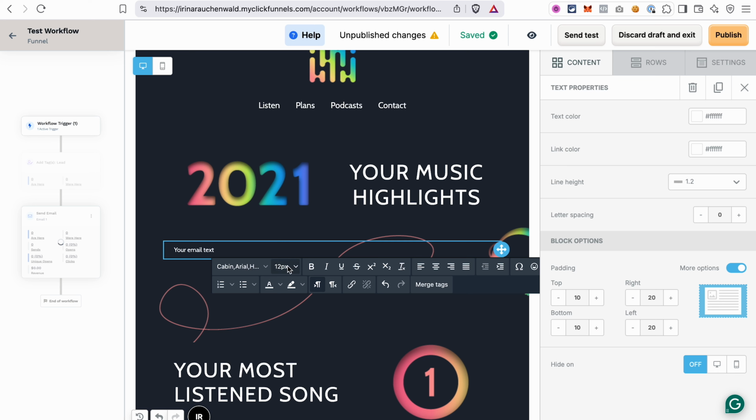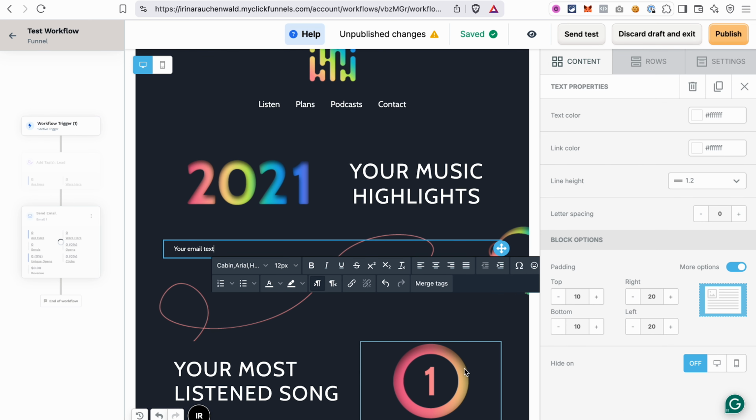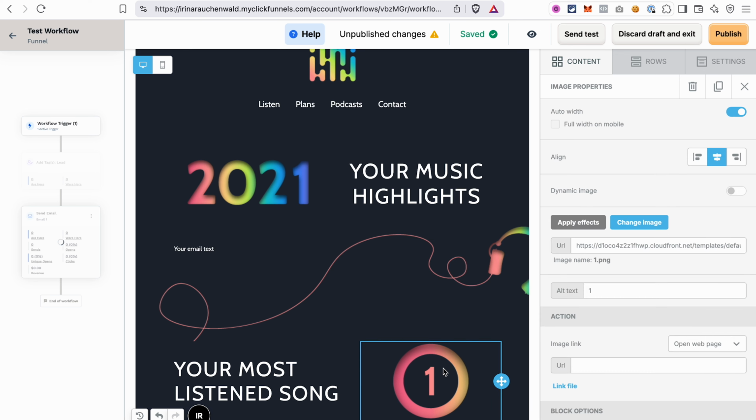The bar here gives you different opportunities for formatting the text, and you can also use the settings on the right here to adjust the look of the text element. And same applies to other elements of the template. To edit the element, you click on it, and then you will be able to adjust the settings on the